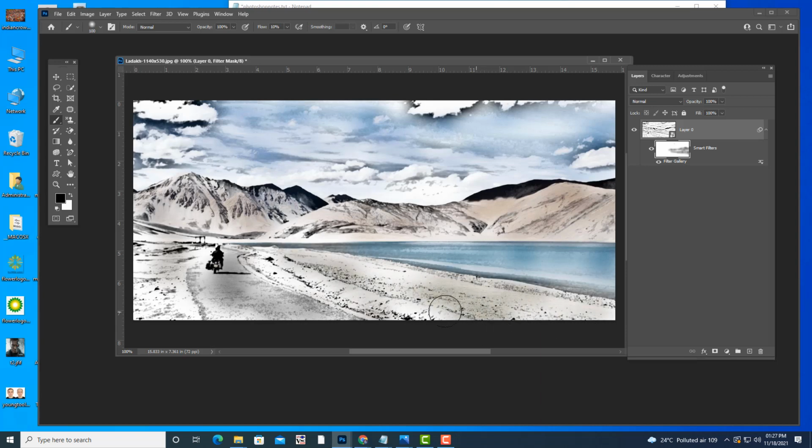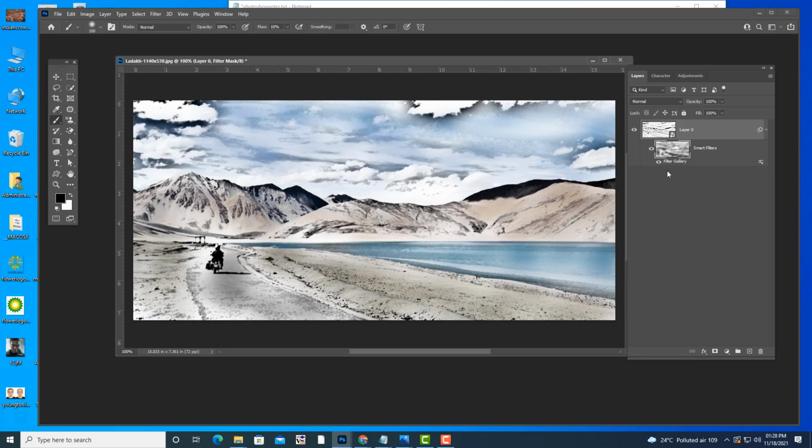If you want to increase the flow value, you can increase. So something like this you can create.